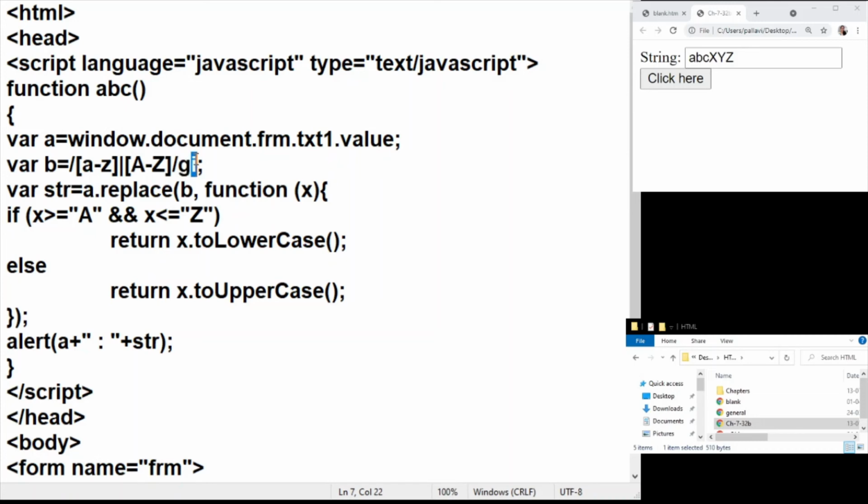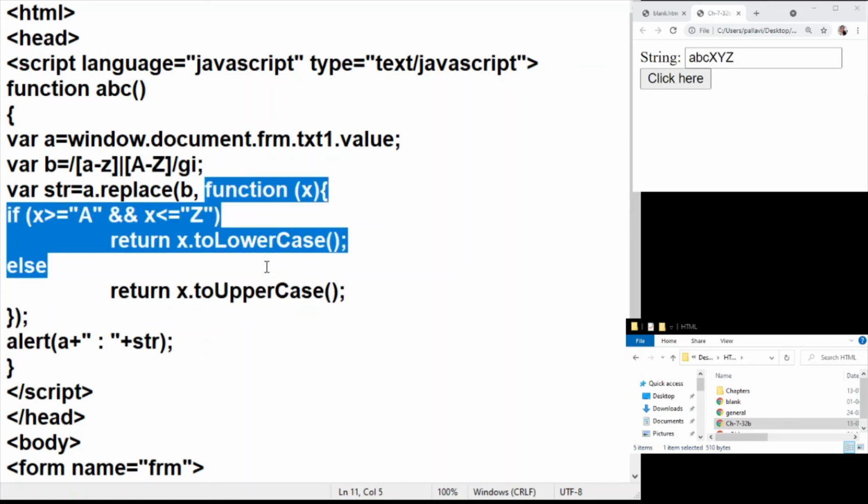Whatever one character it comes across which is matching either of this search set, that character I'm storing in x. X can be any character, but it will house only one character. That is what I'm interested in. Then I'm checking if that x is capital, I will convert it into lower and send it back. Otherwise, I will convert it into upper and send it back.